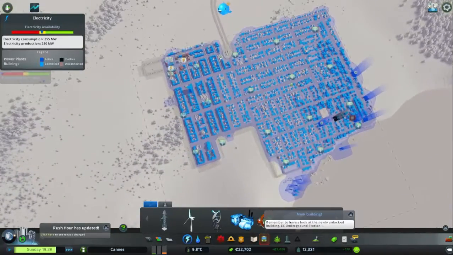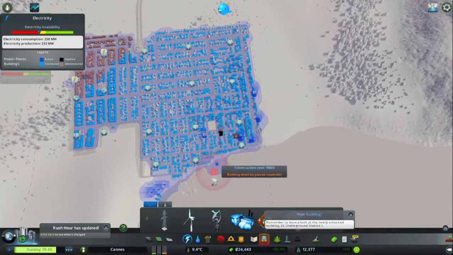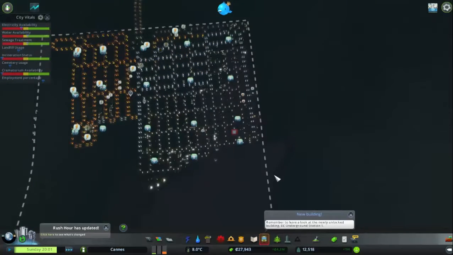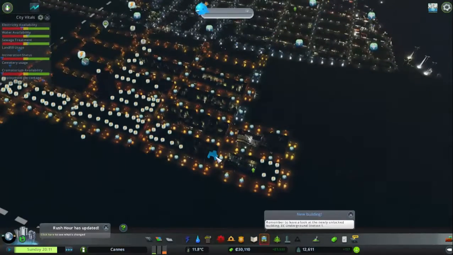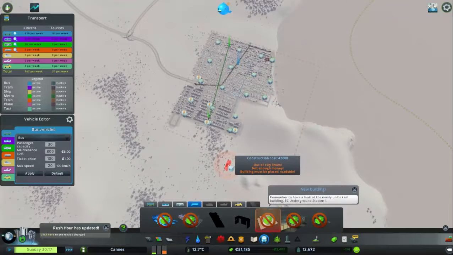So we do need another power plant to cover for what's missing. And that's not really covering at all. Oh man, we're so screwed. I'm gonna need to take out another loan. That'd take me up to $40,000. Yeah, this is a major issue, isn't it? Because I don't have any sort of...